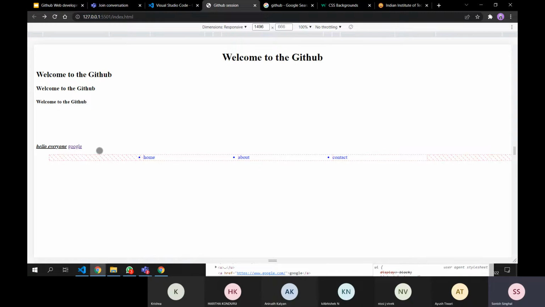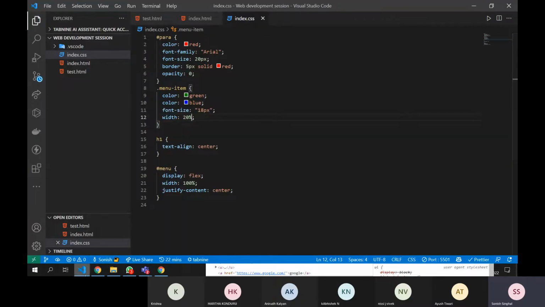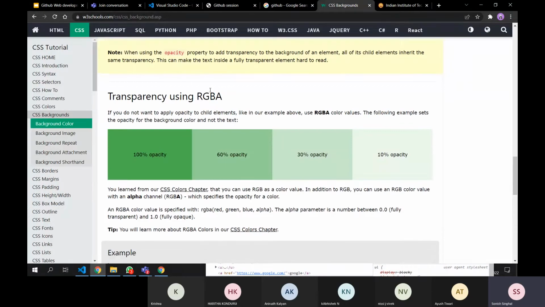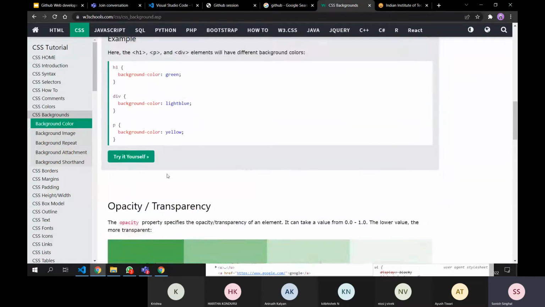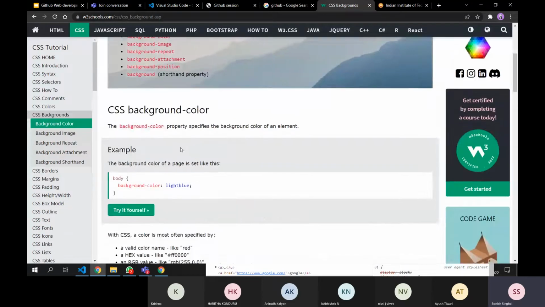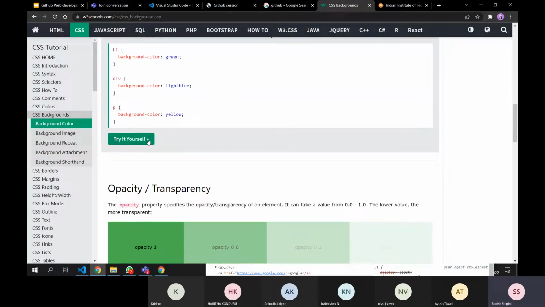You have to work on the properties. You need to understand what exactly each tag is doing. If you want to learn, you can search for it. This website is quite amazing: W3Schools for CSS. If you want to do something, you can search here and you will be able to see what each tag does.